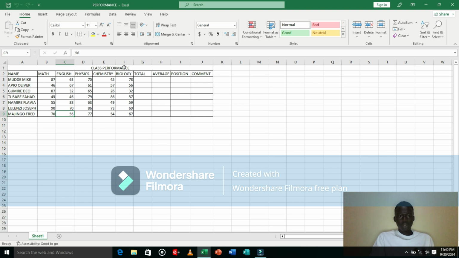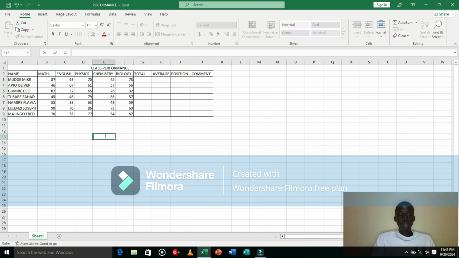As you can see, it's called performance. So I'm going to be using this example here, show you how to use most of the common formulas and functions that we always come across when we're using Microsoft Excel. So using this example here of creating a report card, basing on what we have here on our workbook sheet 1,